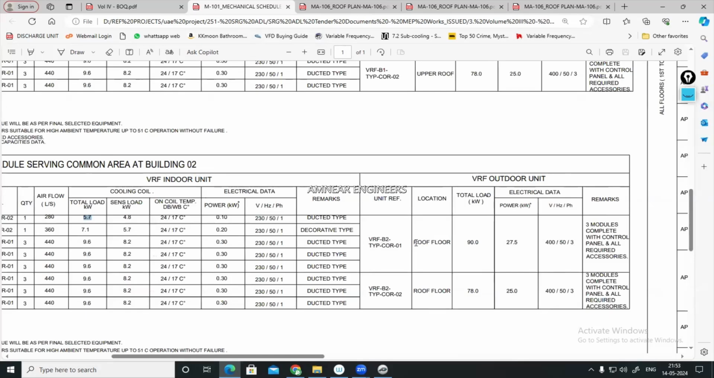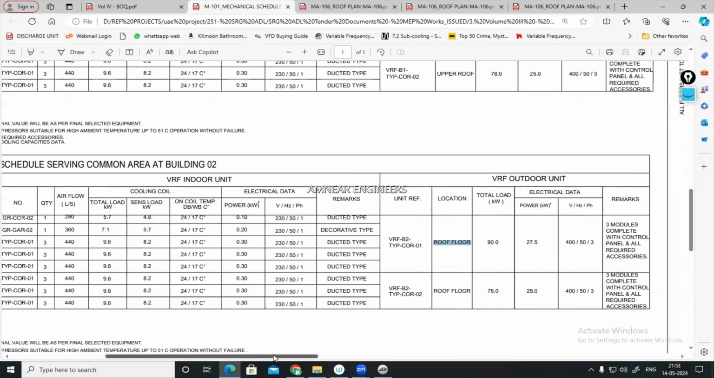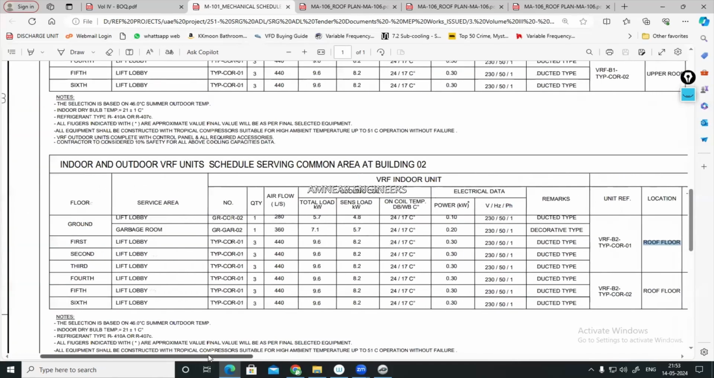And it has located on which floor? A roof floor. Accordingly, the refrigerant pipe has to be taken. But together we can take for this VRF outdoor, how much refrigerant I will be taking for all these machines together. Okay. For example,